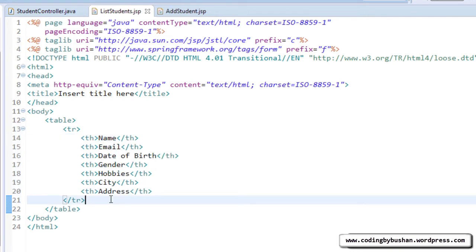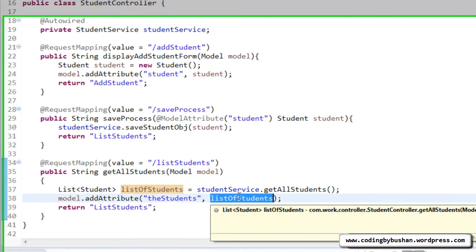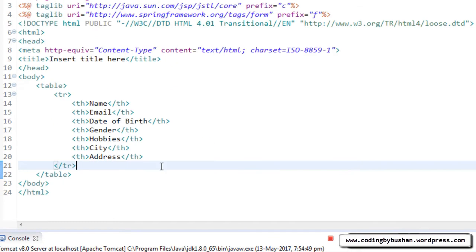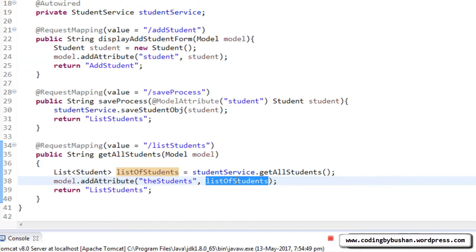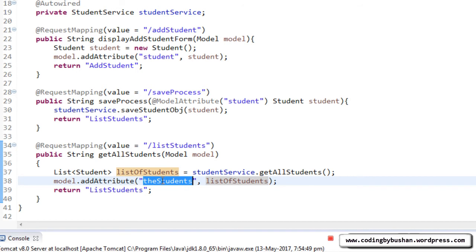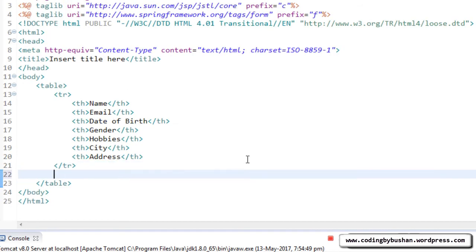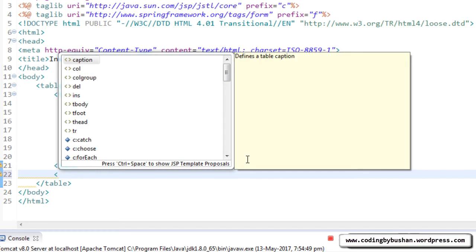Now what I will do is, using a JSTL for each tag, I will iterate over the list of students object and display the records. So anyhow, in list of students, I have added to a model attribute, so I can access this list of students in our JSP using a key. So let's do that. In our list student JSP, let's use a for each tag,